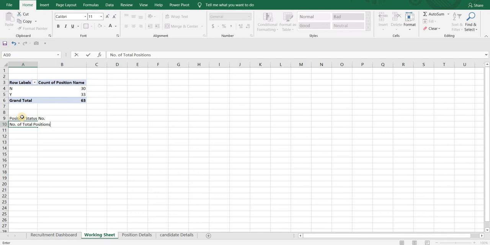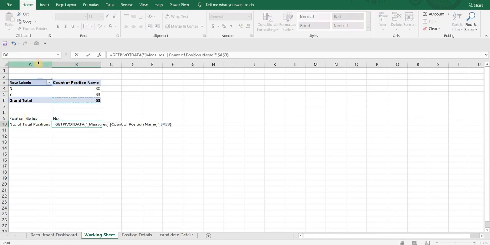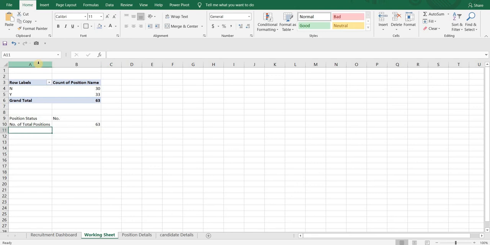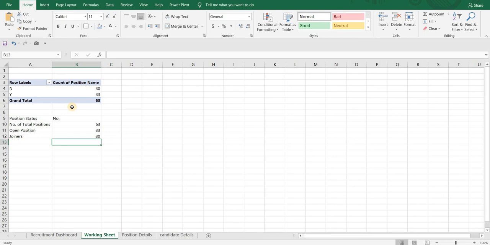Number of total positions is equal to the grand total in the pivot table. Next, open position is equal to Y, which means the position is open, and joiners, which means the position is not open, so equal to N in the pivot table.